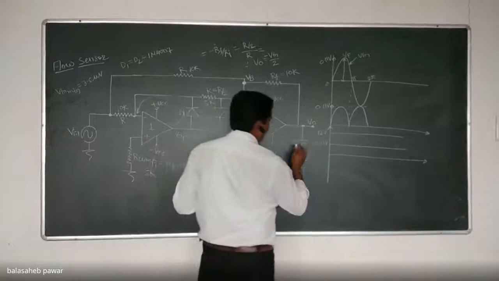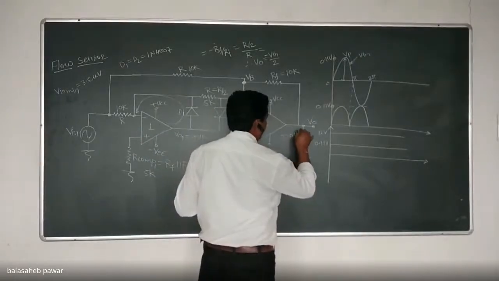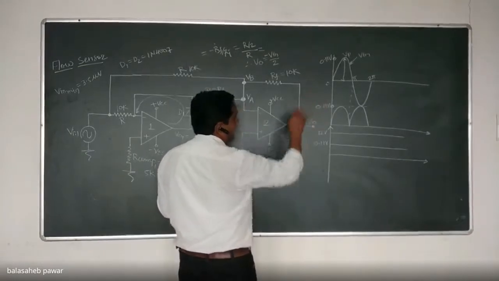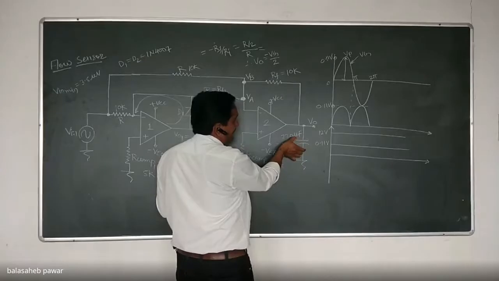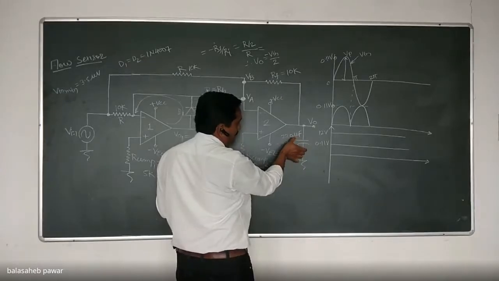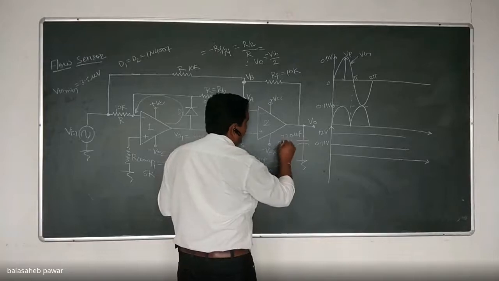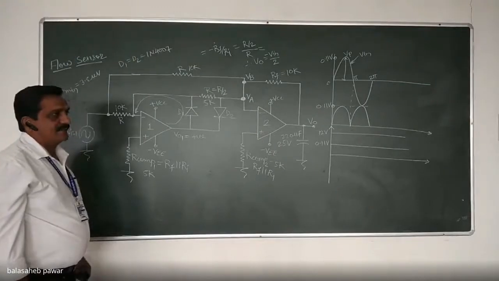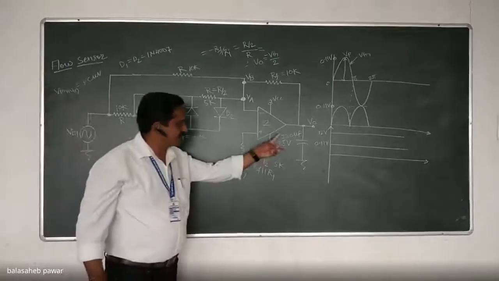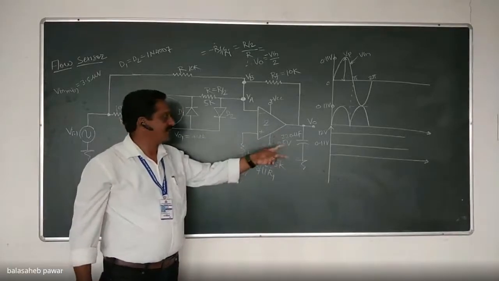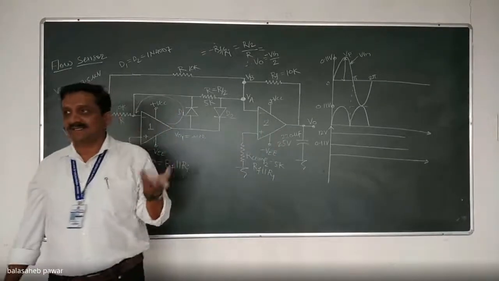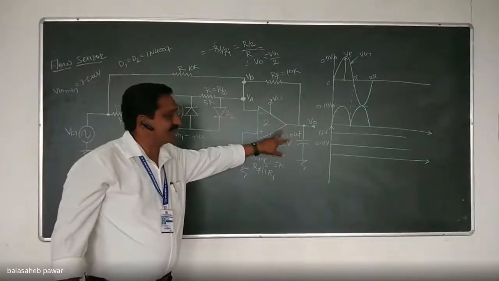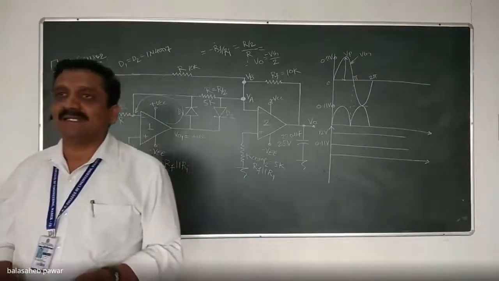You can take the value of this filter capacitor as 220 microfarad with a somewhat high voltage rating that should be greater than the peak voltage we are applying to this capacitor. Maximum peak voltage we will apply is 12 volts, so you can take this capacitor with a 25 volt rating. So 220 microfarad and 25 volt, I will suggest as the filter capacitor. If 50 volts, 63 volts, etc. is available, then also it will be useful. No issue about it. Only the capacitance should be minimum 100 microfarad.